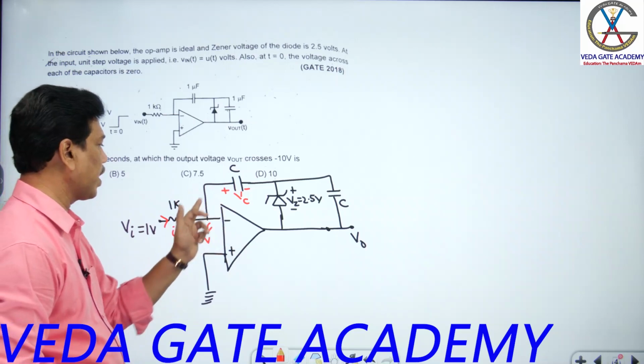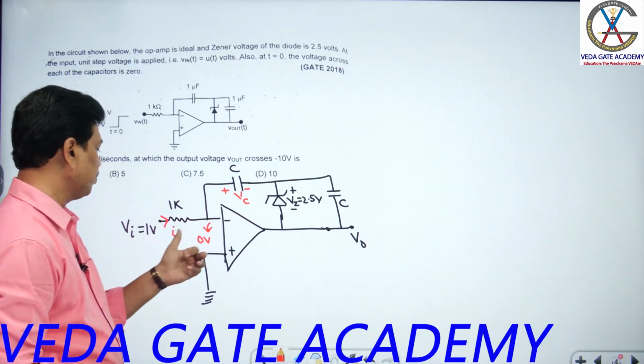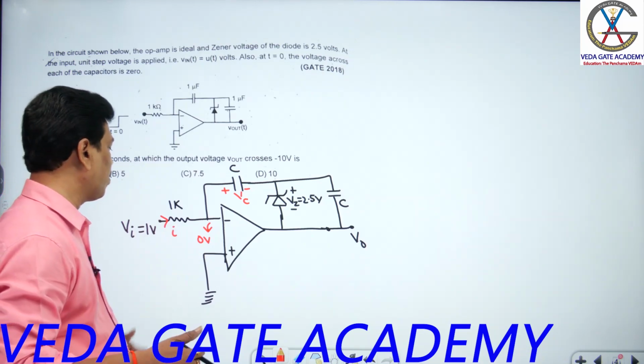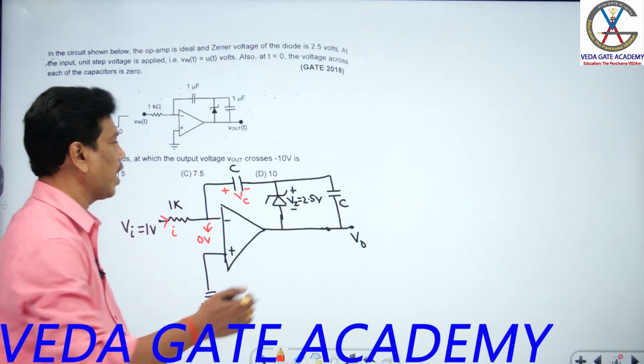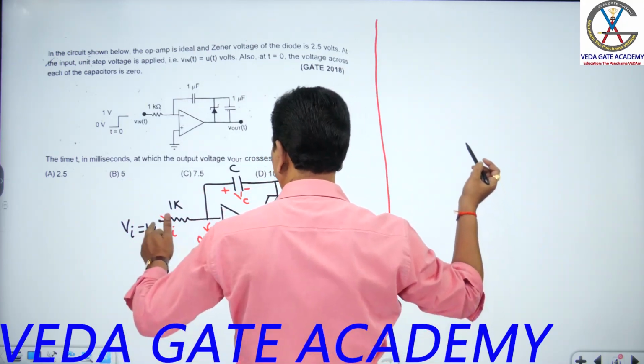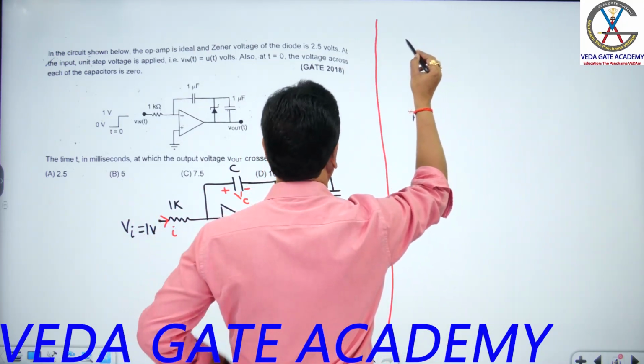Now let us see this one, sir. I can go for this. Sir, here what is the value of I, sir? If I apply KCL at the inverting node, I equal to how much you can call? 1 minus 0 by 1k you can call. See this one now, sir. I can estimate at what time you may get that concerned thing. So I equal to how much, sir, there?